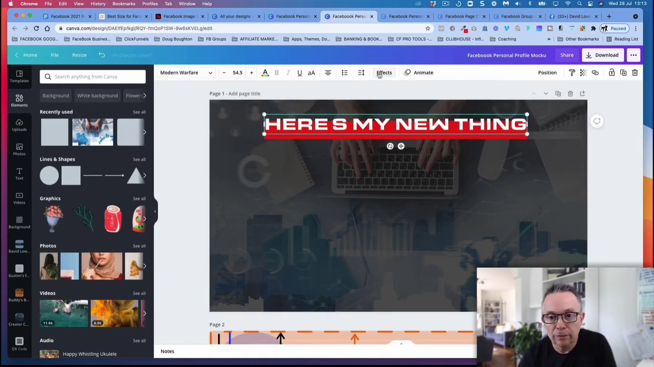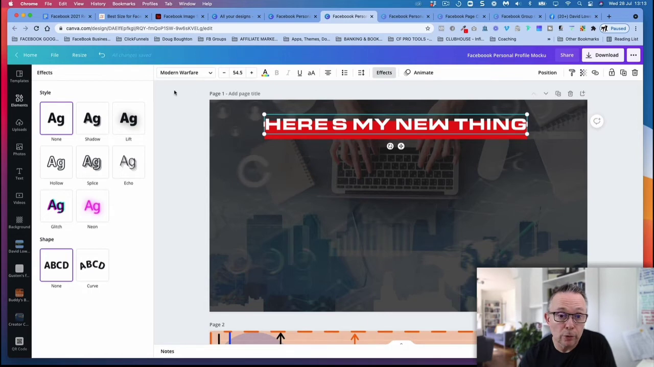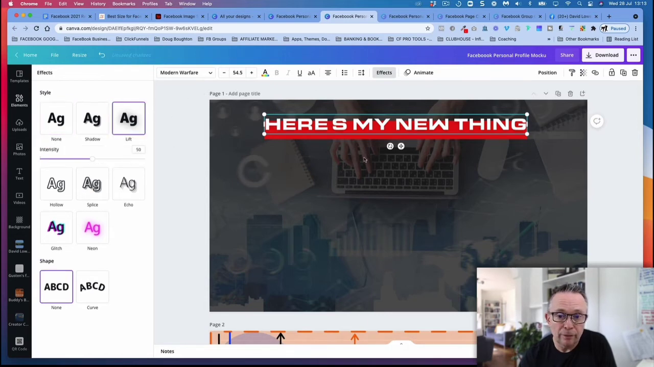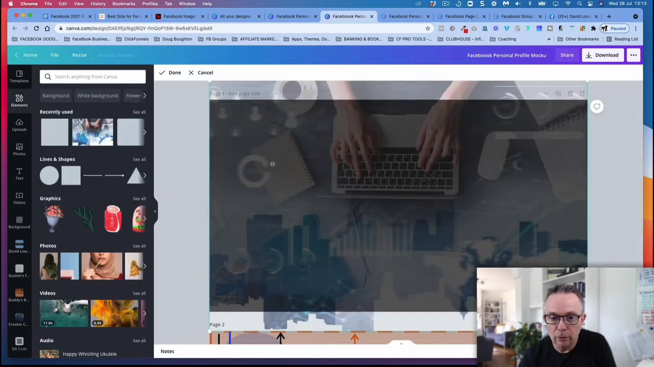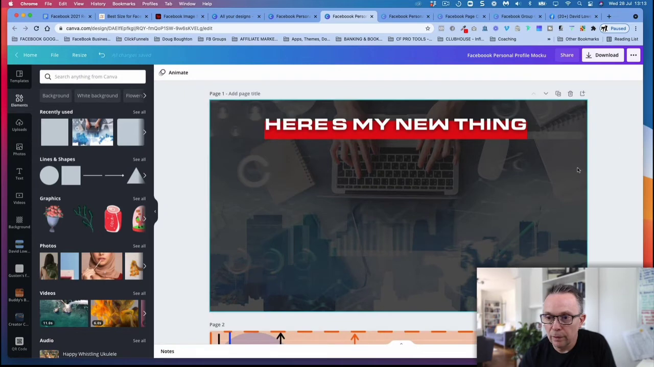Then I could add an effect onto, this is all Pro as well, using the Canva Pro. So I could lift it as well, so it adds a bit of a lift there. Make it a bit bolder. Hopefully. Here's my new, oh, just click that around, there we go. Here's my new thing. You can add some,